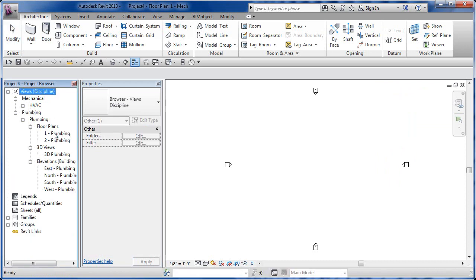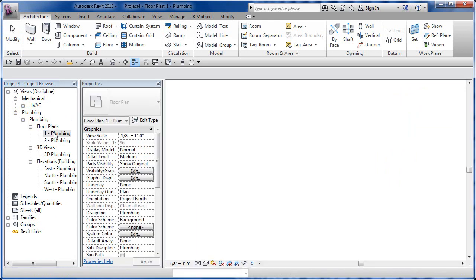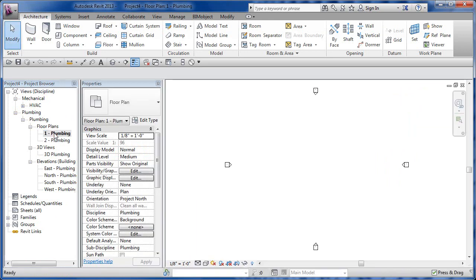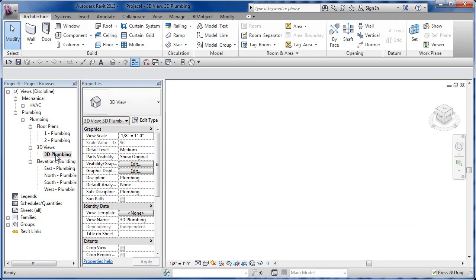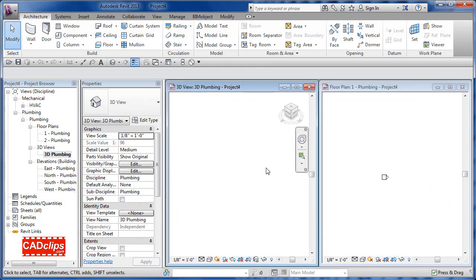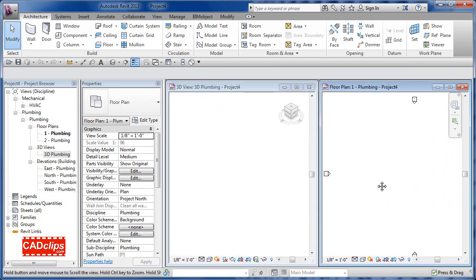So what I'm going to do is open up my level 1 plumbing plan here from that template file. I'm going to hit my close hidden to close off that original window. Then I'm going to open up my 3D plumbing. And then I'm going to tile my views again off my quick access toolbar. I'm going to pan over here. And I'm just going to draw a little bit of piping